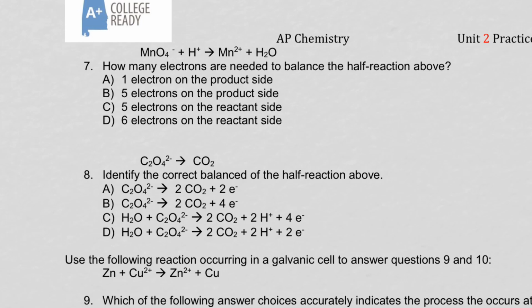In question 7, we're given an unbalanced half reaction, and we're asked how many electrons would be required to balance, and whether they are needed on the reactant or product side. Really, if students just tried to go in and balance electrons, they're not going to be able to come up with a valid answer. They hopefully would recognize that the oxygens have not been balanced. So if we notice the permanganate ion has 4 oxygens, we'd have to add a 4 coefficient in front of